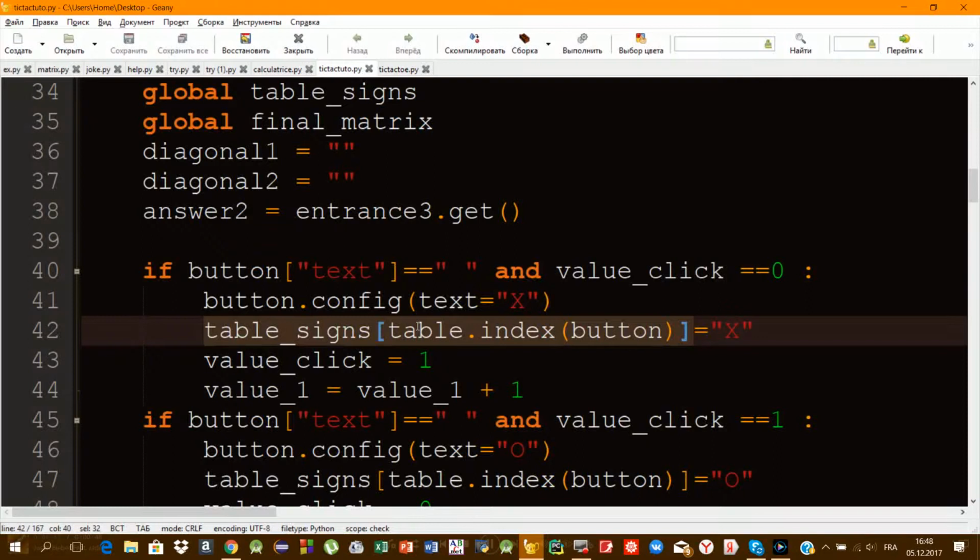This line. Why? Because it's important, because table size, as I said, is a table of size n squared, and it will help us to get the value of each button. So for each button we have a special index. So for instance, I suppose I start with